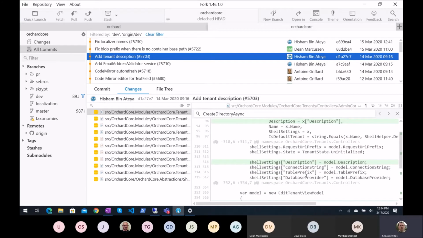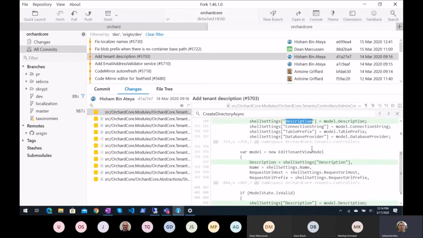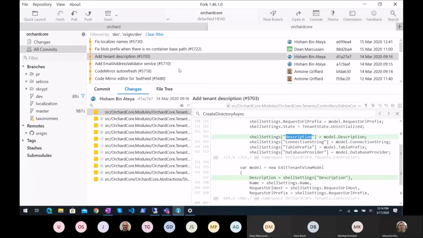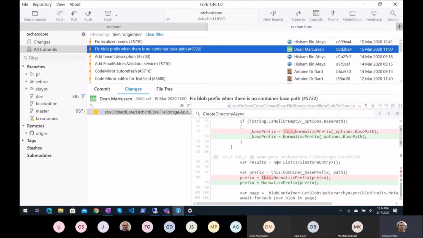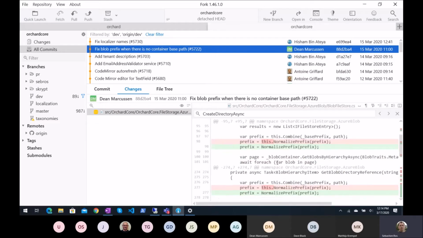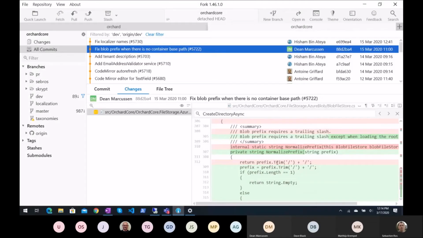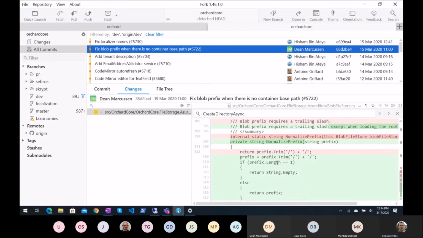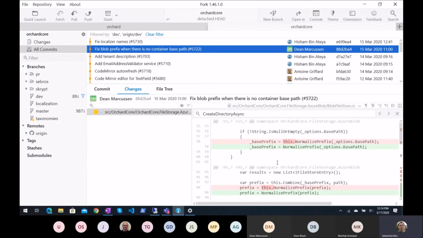Tenant description. So we can define a description on the views for each tenant. Blob prefix when there is no container-based path. I don't know which one is fixing. Missing a prefix.